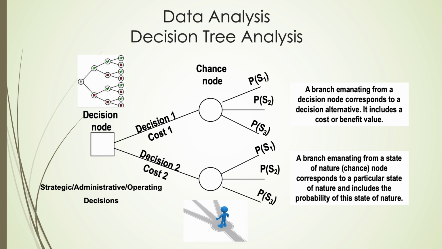Decision tree analysis is a powerful visual decision support tool that maps out complex choices, potential outcomes, and associated risks in a structured, branching format resembling a tree. Each node represents a decision point, chance event, or outcome, allowing analysts to evaluate different paths based on probabilities, costs,